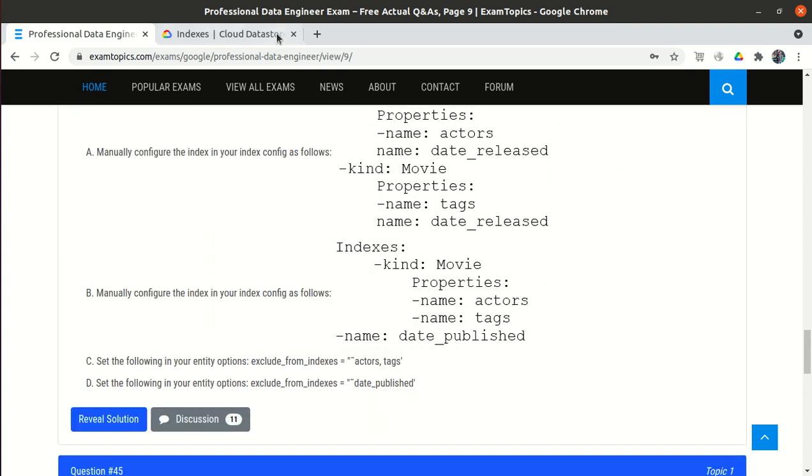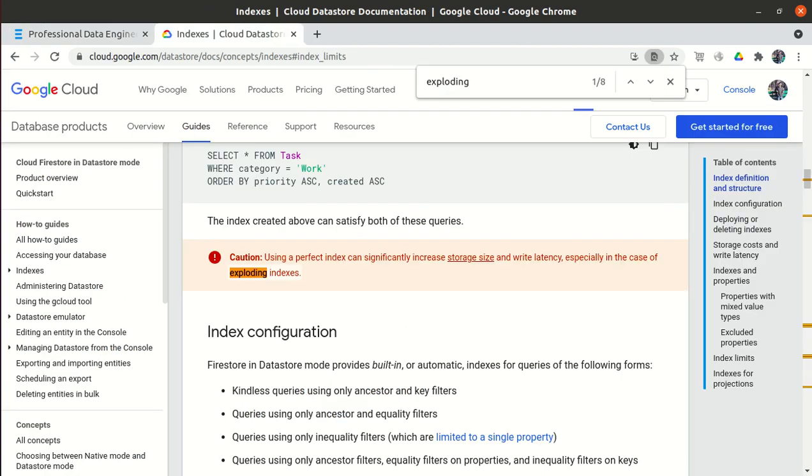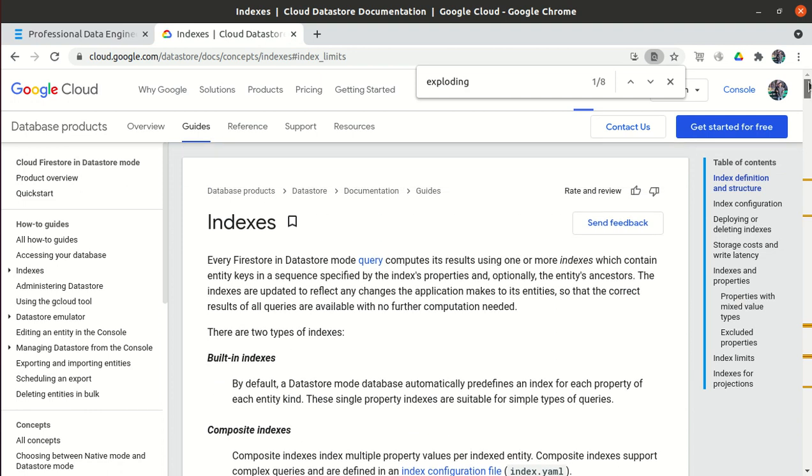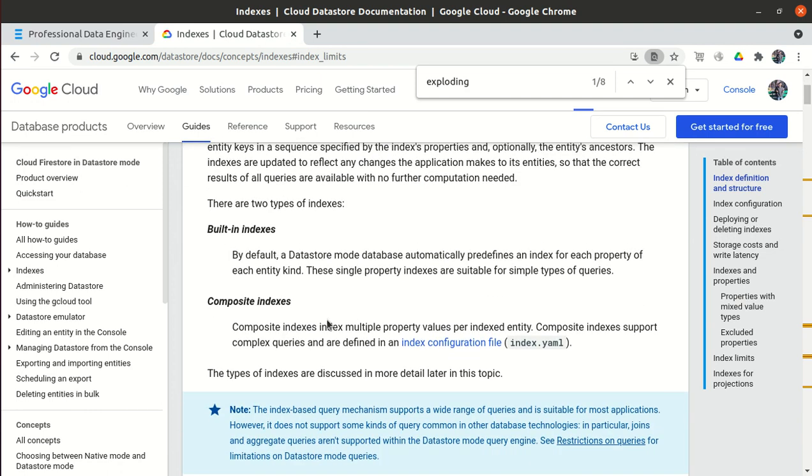Even if you go to the official documentation, this is Cloud Datastore, and our store system is Cloud Datastore. It mentions we can use a composite index, with multiple property values per index entry. Composite indexes support complex queries.